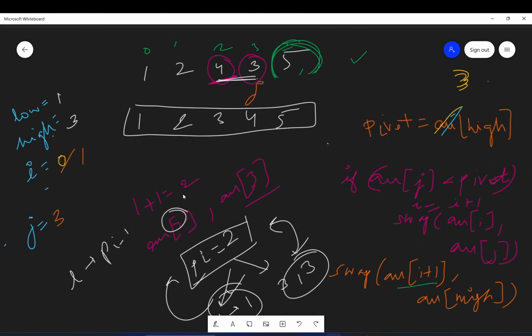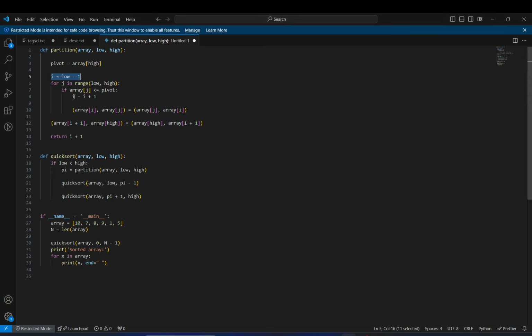Then we go from low to high. If the element is less than or equal to pivot, we increment I and we swap it. And at last we swap the pivot with I plus 1 because I plus 1 will be the correct position of the pivot, and we return the correct position of the pivot, which is the partition index.